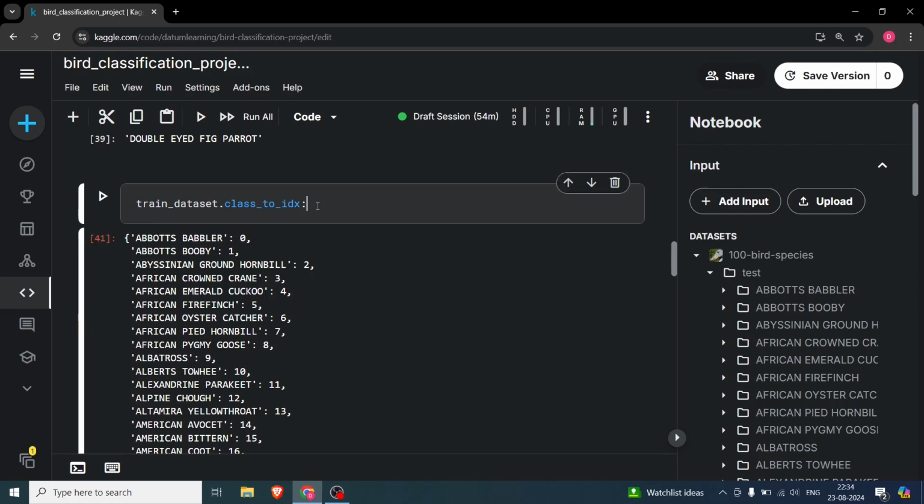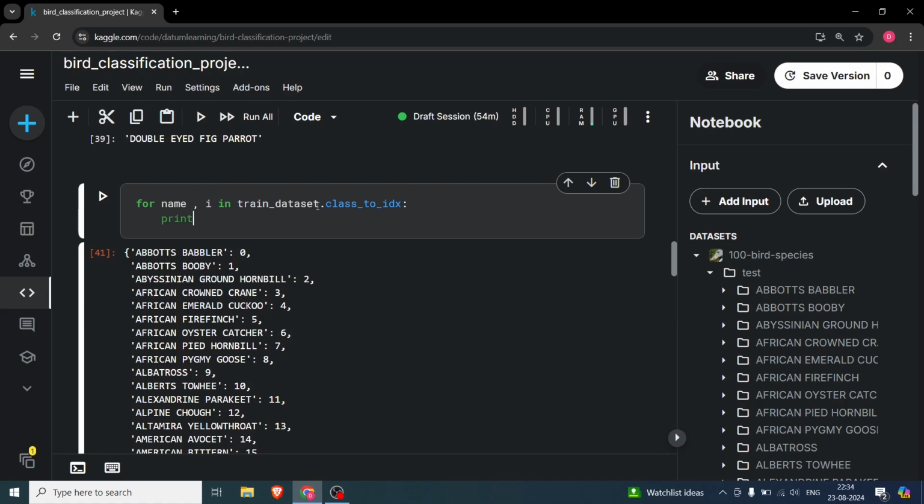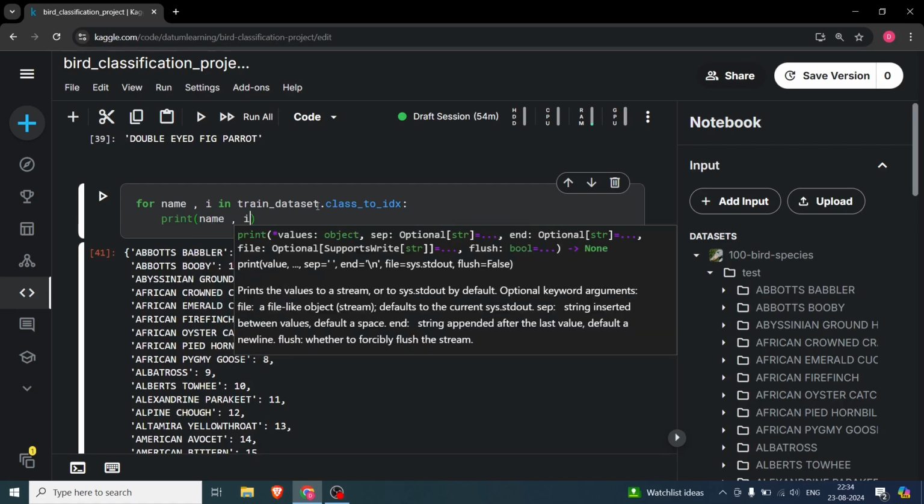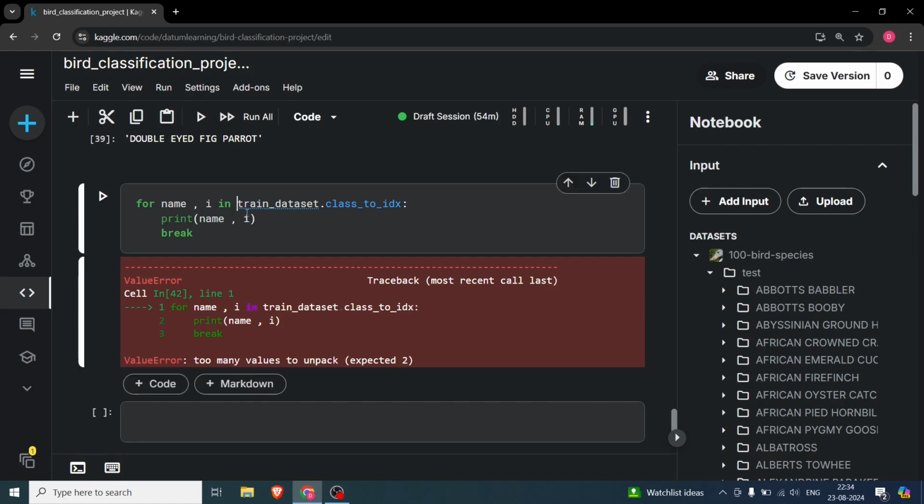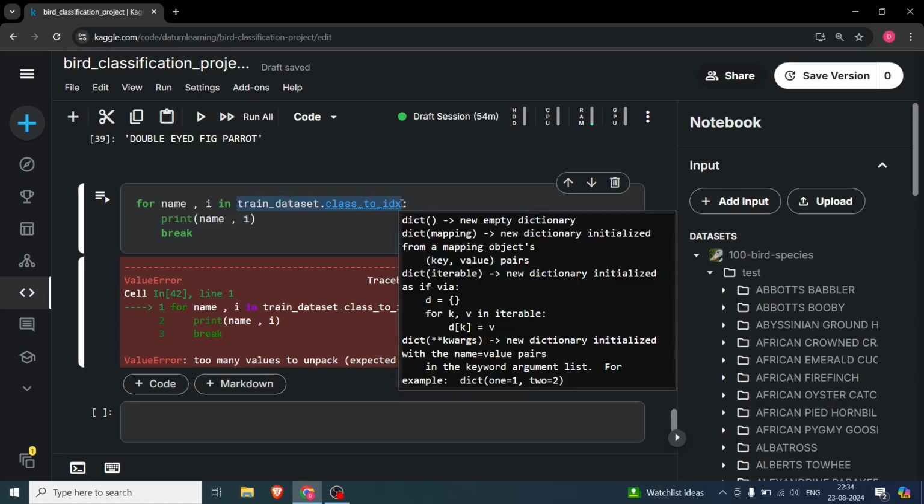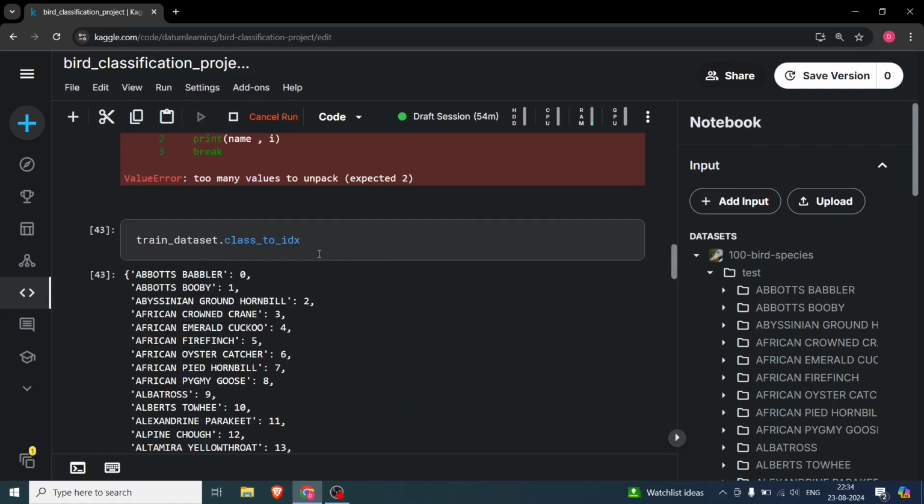so what you need to do over here, let me not complicate it any further, is for name comma i in this one, and let's try to print how it comes, name comma i, and then finally we'll break it. Okay, too many values to unpack. Class, how to do that. It will not take a lot of time, but I just need to make sure. So this is the dictionary, right? So the dictionary is there, and dot